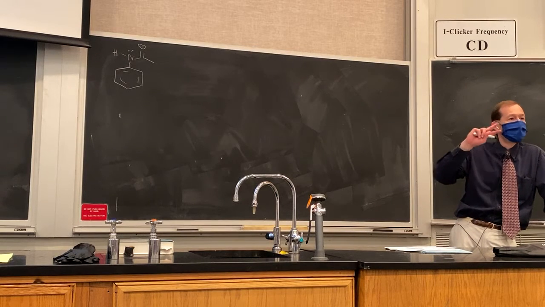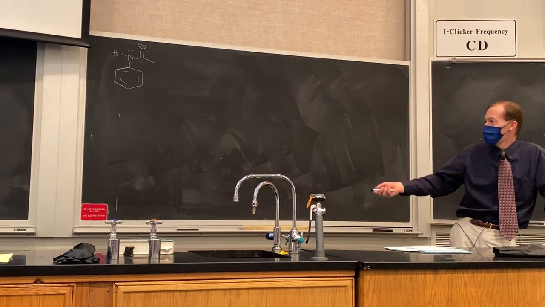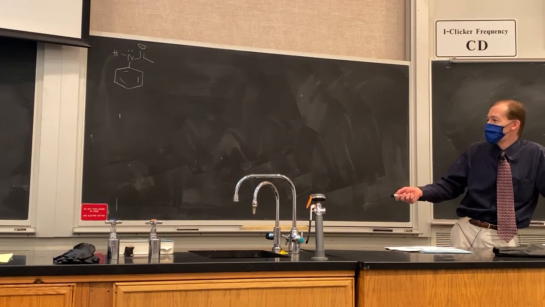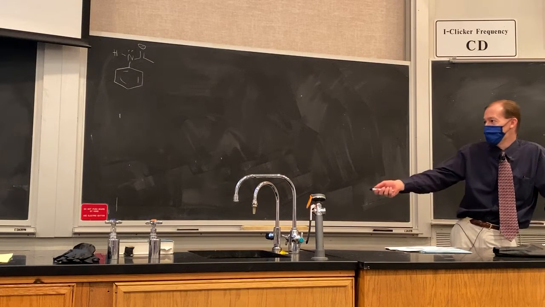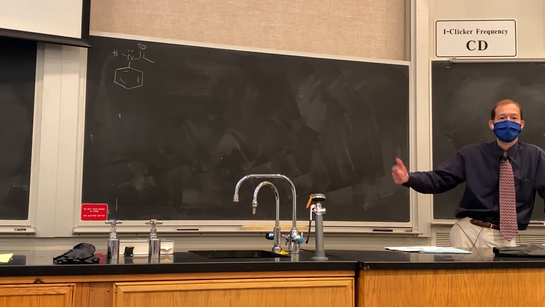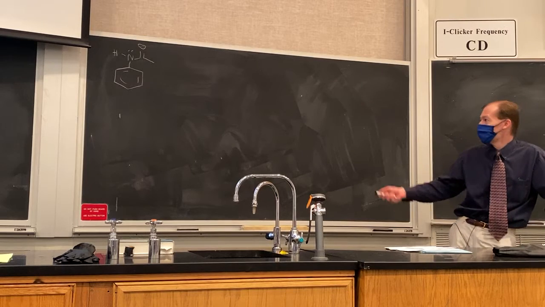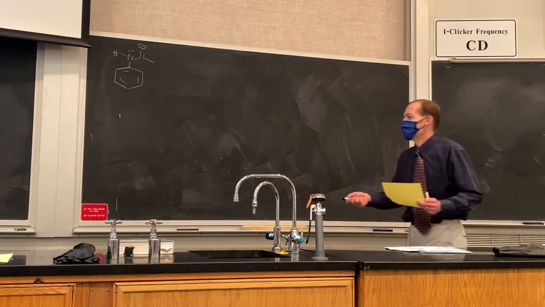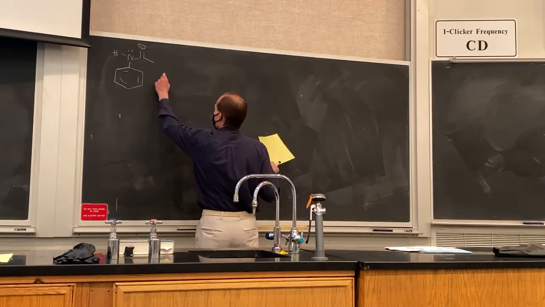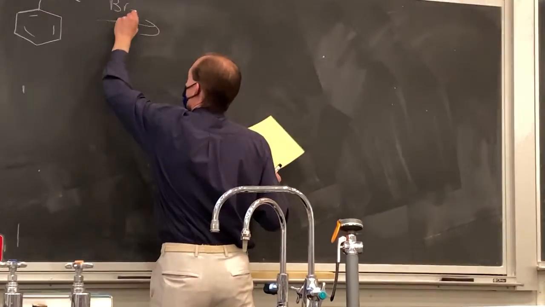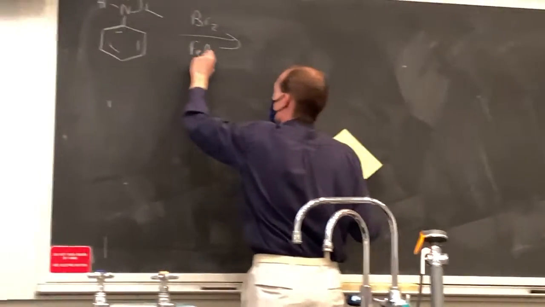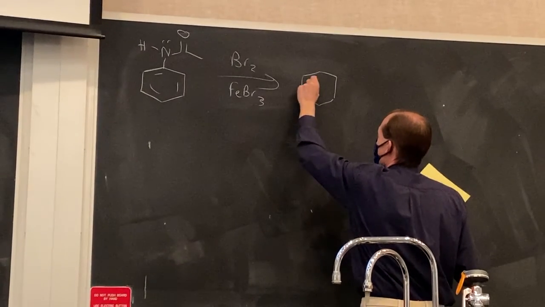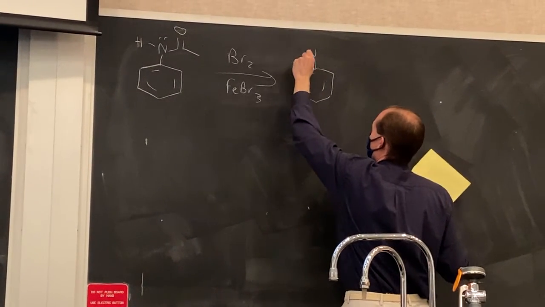So because there's two ways we can delocalize that lone pair, it is not donated as strongly to the benzene ring as it is in aniline. If we had just the amine, now there's only one place to delocalize that lone pair, and that's into the benzene ring. So this is not as strong of an activator as this. And so in this case, if we perform the bromination, now we will get just the monobrominated product